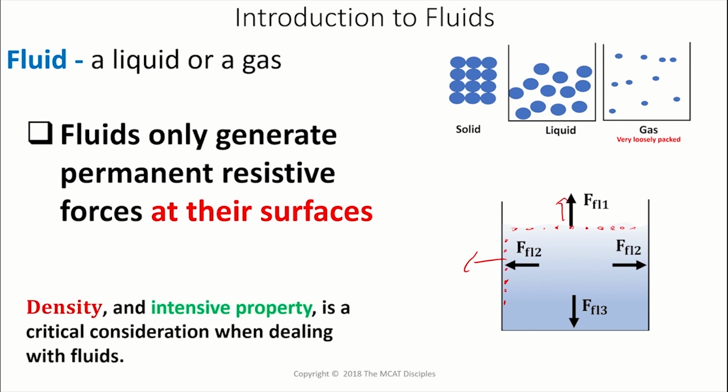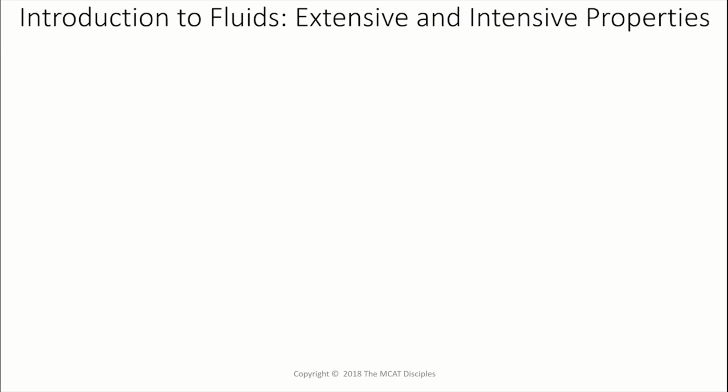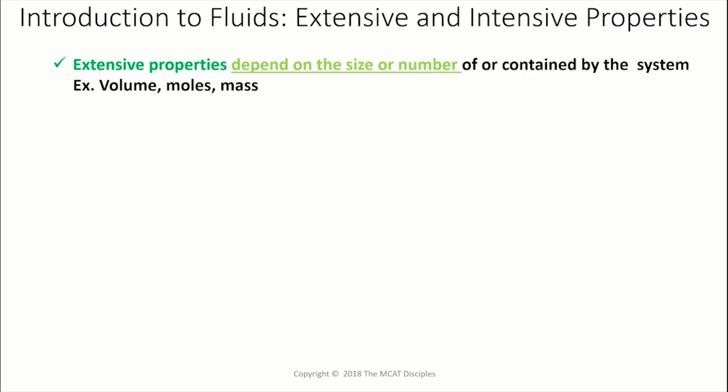A critical consideration when dealing with fluids is density. We need to deal with density because we normally don't know what the mass of a fluid is. I mean, you can measure it if the fluid is small enough, but generally speaking, we don't know what the mass is. But we usually know what the volume is, and so we can use the property of density, which is an intensive property, a property that depends on only the fluid in question and not any amount of the fluid, to determine perhaps the mass of the fluid or whatever other value we need. And so we'll introduce the terms extensive and intensive properties. We may have said this before, but this will just be a review then.